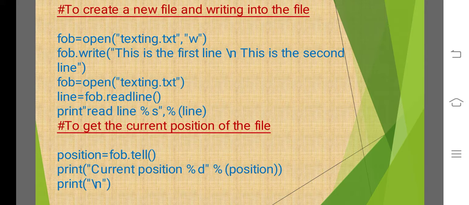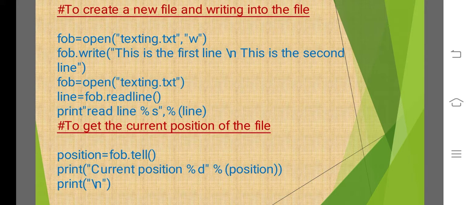After writing a file, we have to open the file for reading the text. In writing mode, it doesn't allow reading the contents of the file because it is already open. But in between these lines, we can close the file also. If it is not closed, then it's okay. But again, if we want to read a file which is open in writing mode, we have to close the file. If it is not closed, then also we have to open the file in reading mode. Here, fob equal to open